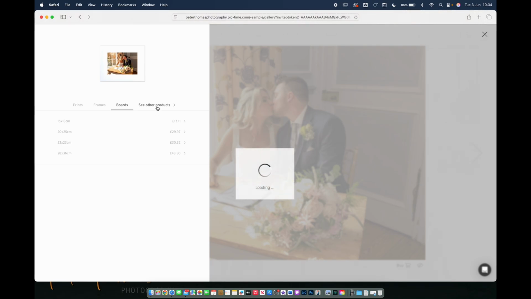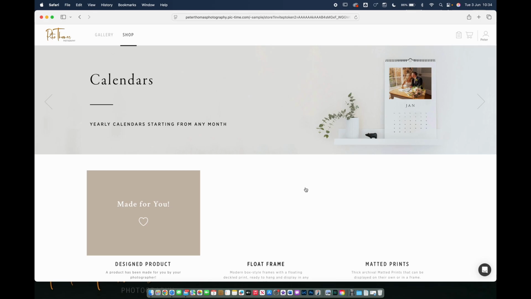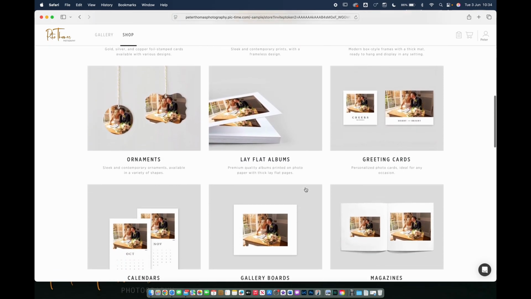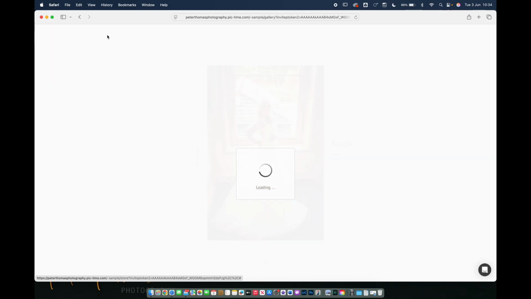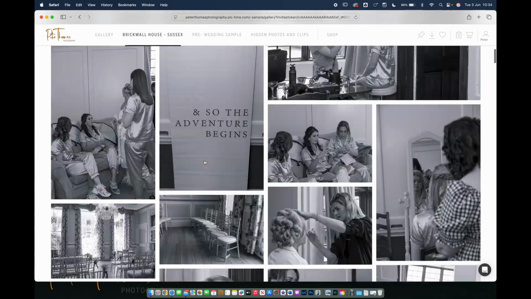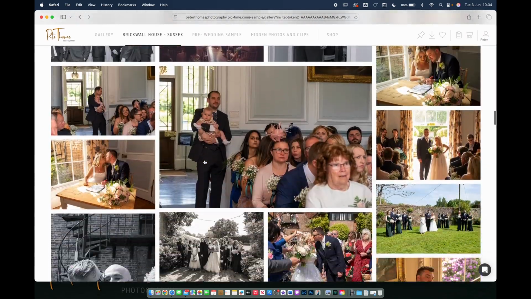And then there's other items as well, which takes you to the shop. Okay, so if I go back to the gallery, and go back down to where I was,